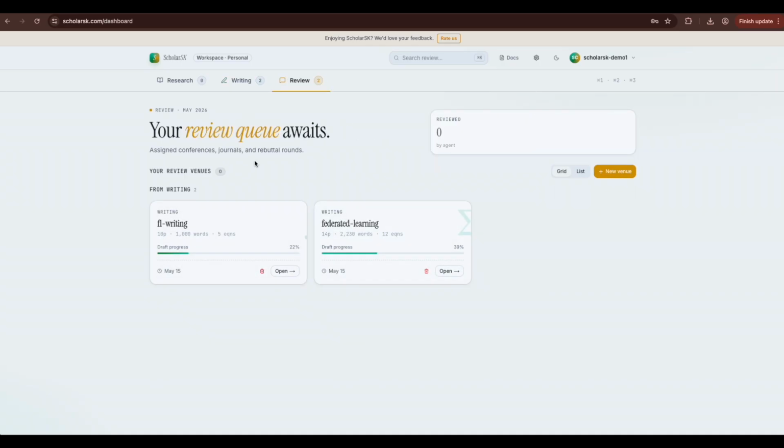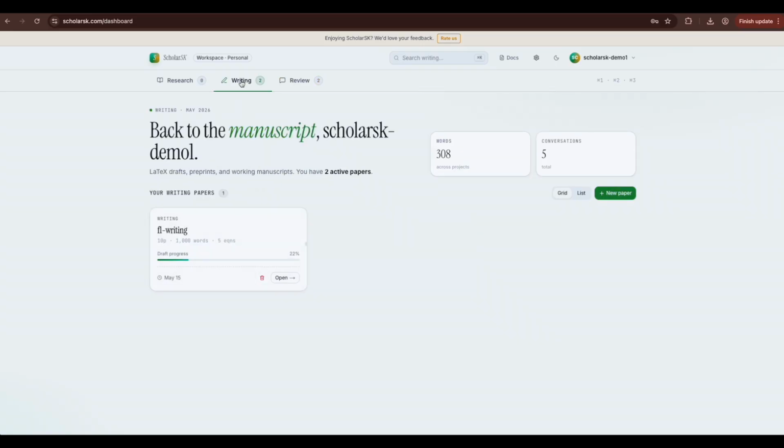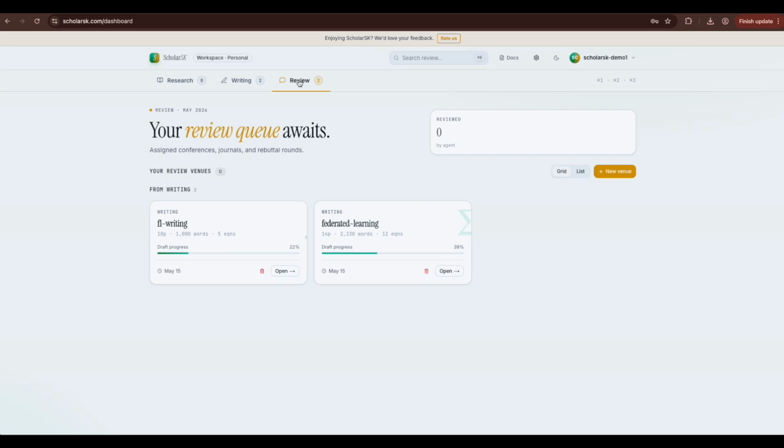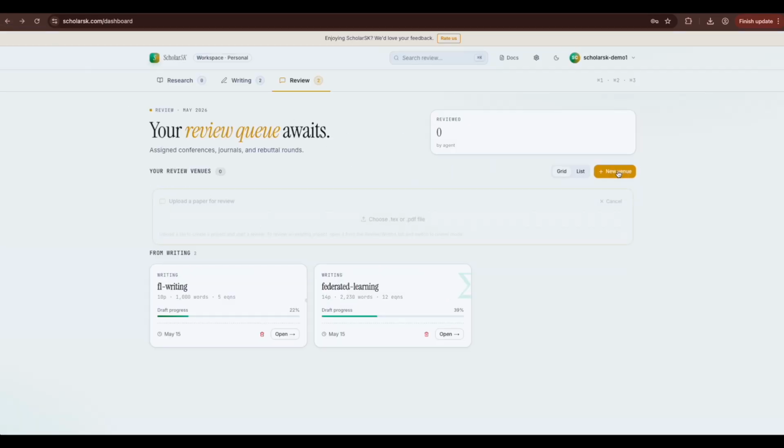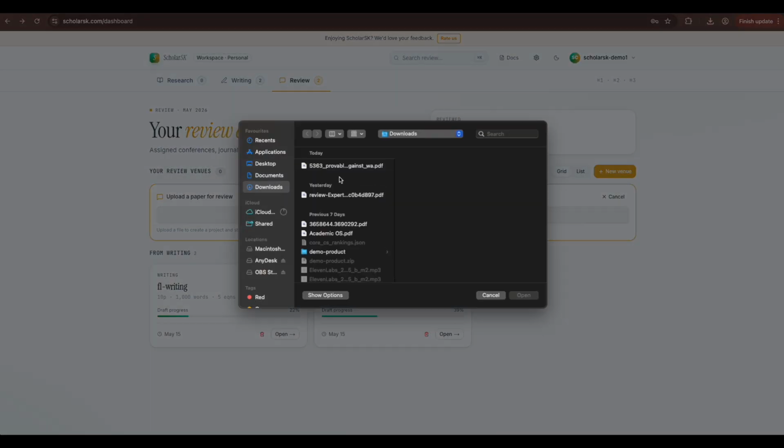So the thing is, everything you have in writing mode gets exported to review mode. Okay, so if I'm writing a paper, I can just go here to FL writing, and you can make a review on that. But let's review one fully written paper. I'll go here,